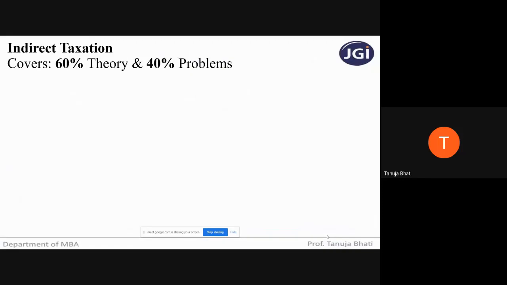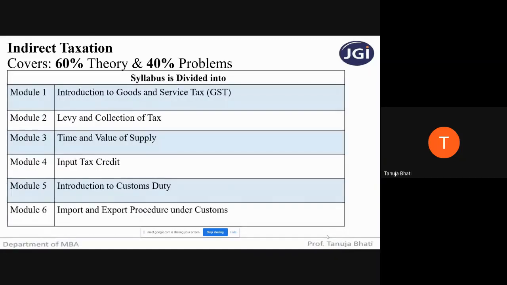Now, indirect taxation, according to the syllabus, is covered in 60% theory and 40% problems. The problems are basically in three units: unit number 2, unit number 3 and unit number 5. The rest of the units are only theory related. In module number 1, or unit number 1, you'll have an introduction to goods and service tax. This module is exclusively a theory module where you'll have the basic concepts relating to goods and service tax,